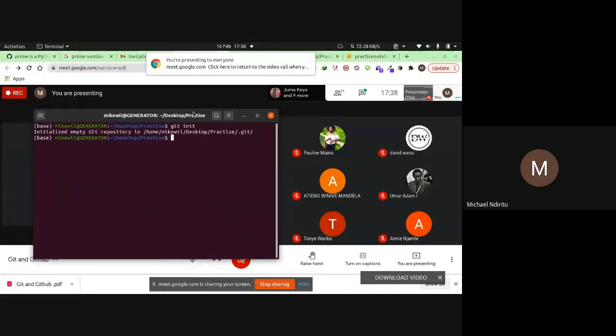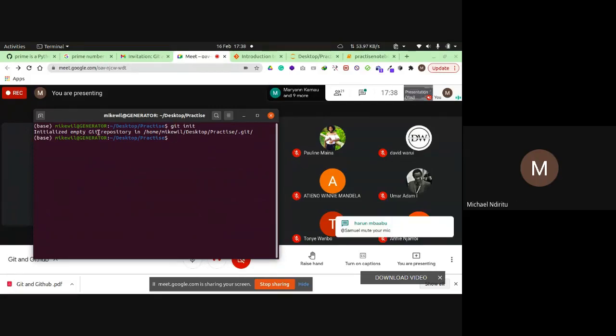If you type git init, it's going to say initialized empty git repository in the current folder we are setting up in. What we want to do is push the changes in the local repository to our GitHub account in the cloud.